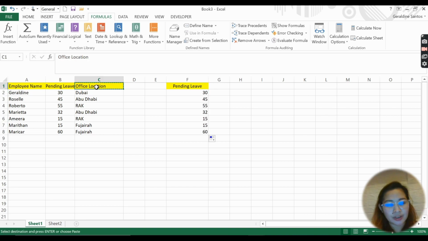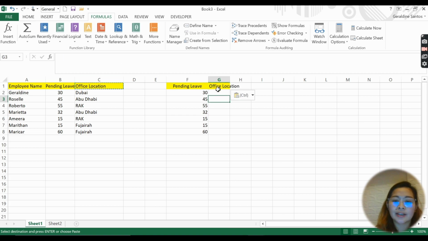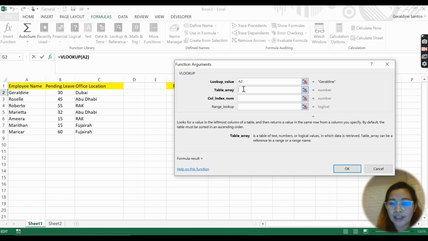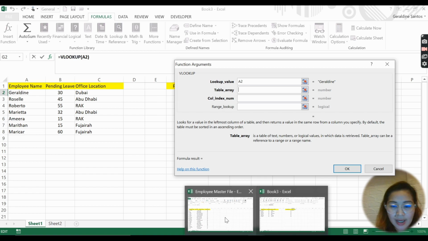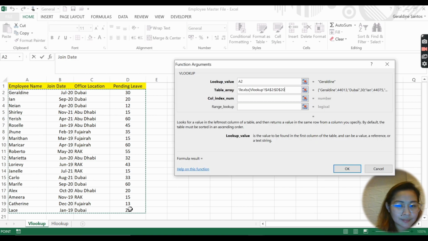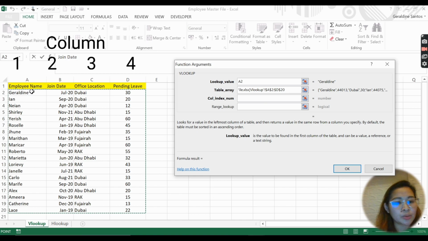Same thing if you want to get the office location, the shortcut: go to your Formulas, go to Lookup and Reference, go to VLOOKUP, go to the variable that you want to look at, then go to the table array, to your source file, highlight everything, and then the column index is column 1, 2, 3.